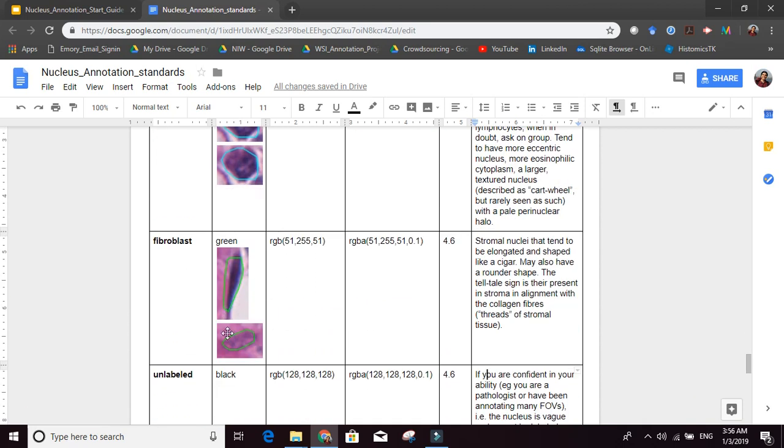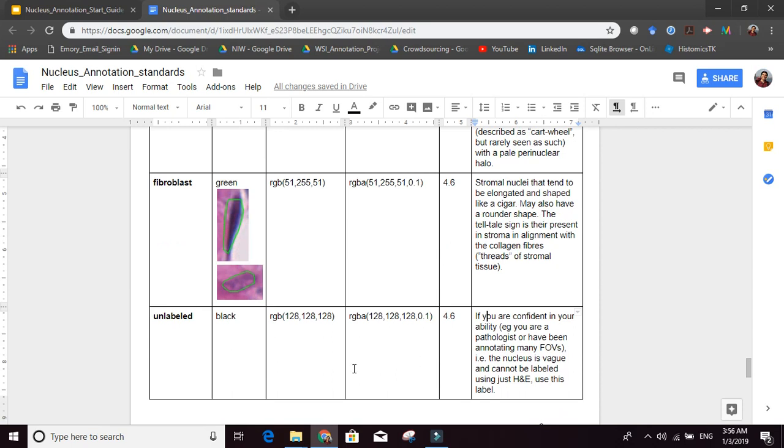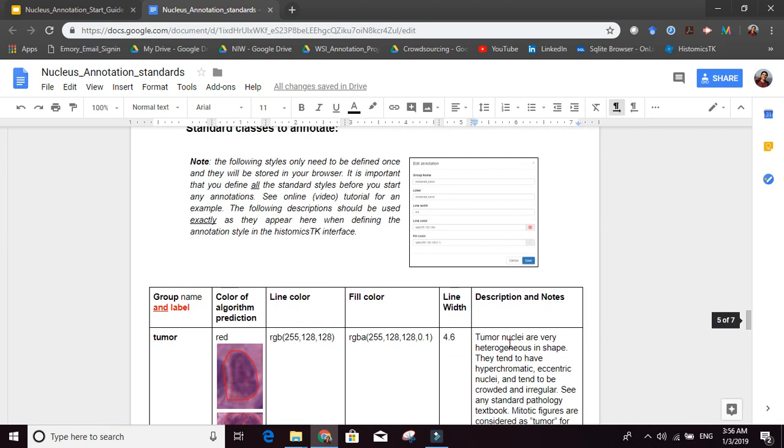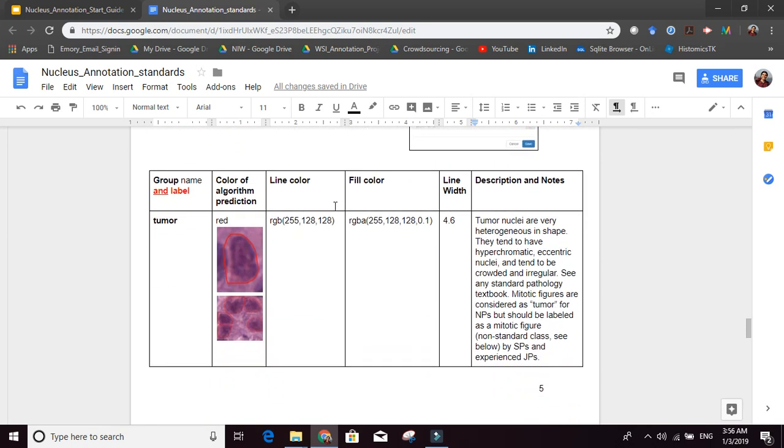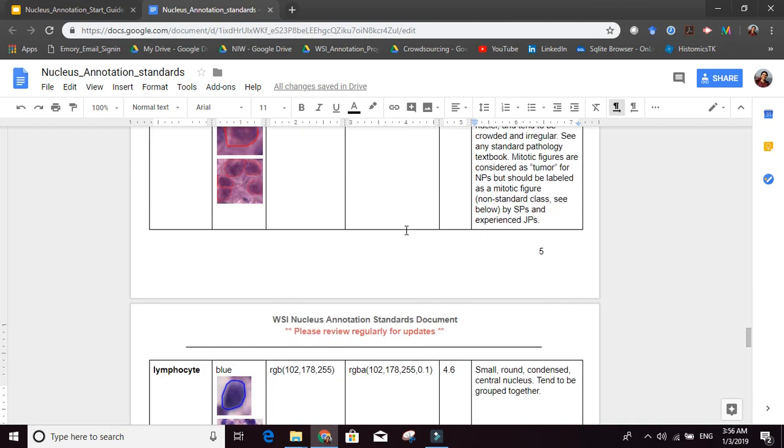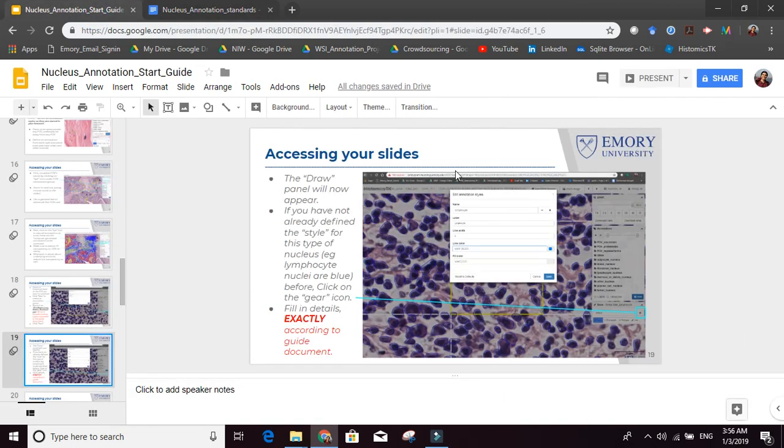What it thinks is a fibroblast is green, and everything else is black. You will notice that your colors are actually going to be similar to the computer colors, but a little bit different. And they're different for a reason. They're different just so that you can clearly see what is generated by the computer and what is generated by you. Okay, so getting back to the presentation.